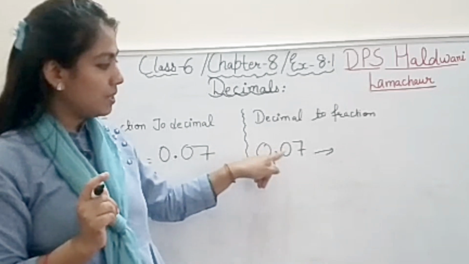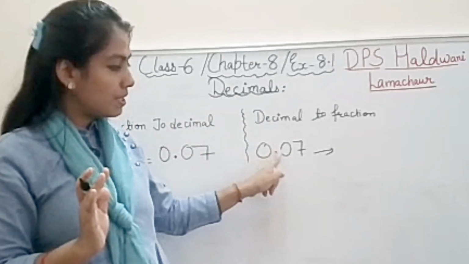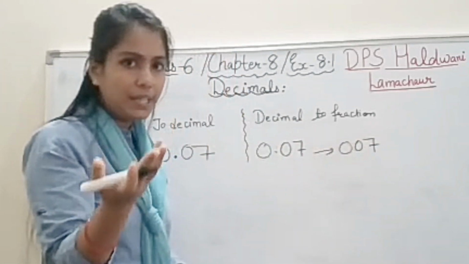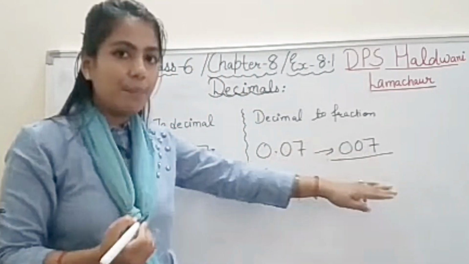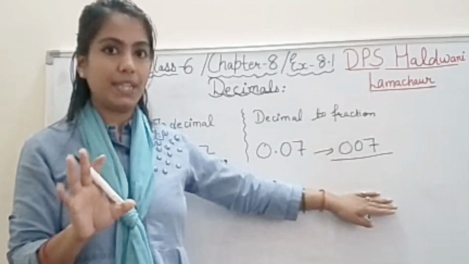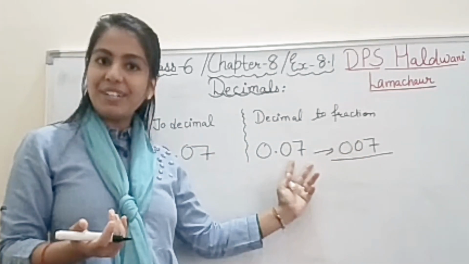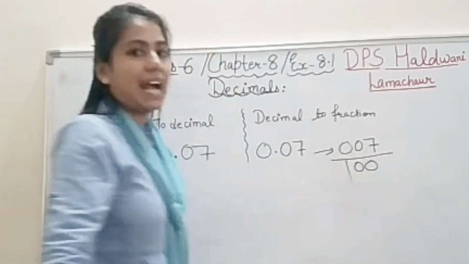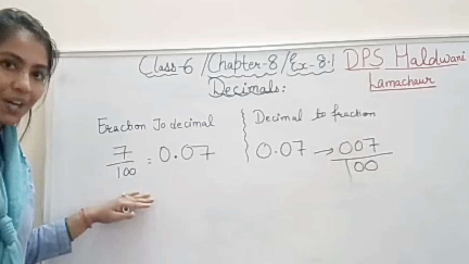Whatever term you have, in total we have 007. Just see it without the decimal first of all. We have 007. So 007, you can say 7 only. Because we have to make a fraction, we divide by something, zeros should be there. How many zeros? The number of digits we have after the decimal. How many? 2. So 2 zeros we have in the denominator. See, the same answer we got.